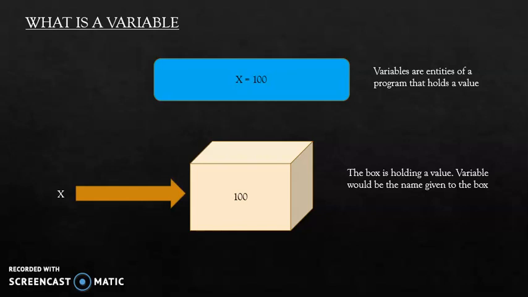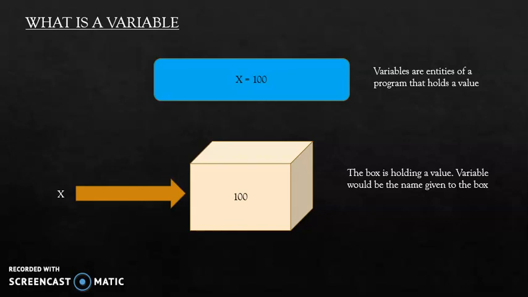So let's move on to the next topic, which is data types. Before we move on to this, let me explain what data types are. You probably already know what a data type is, but just in case, a data type is basically the type of value you assign to the variable. So in our previous example, we have seen that x = 100. In layman's terms, 100 is a number, so the data type would be a number.